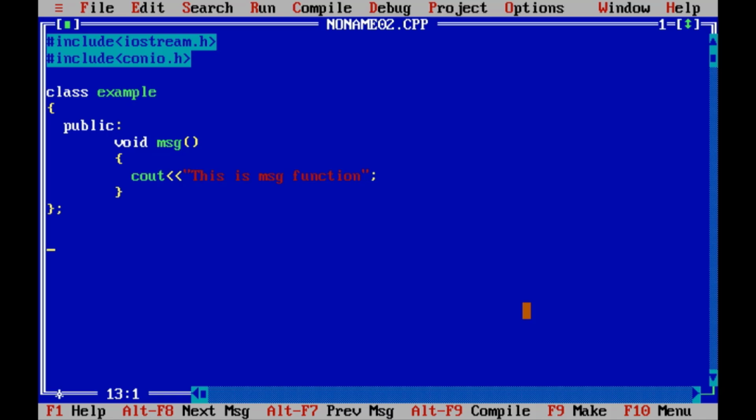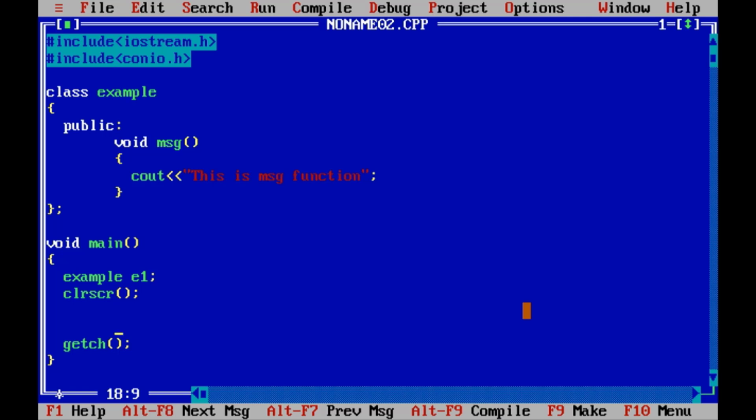Now in the main function, here we have e1, an object of the example class, then clrscr, and getch to hold the screen.